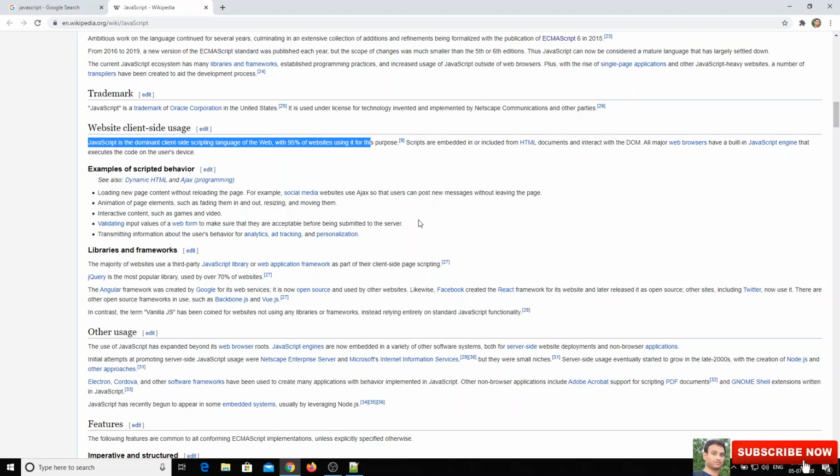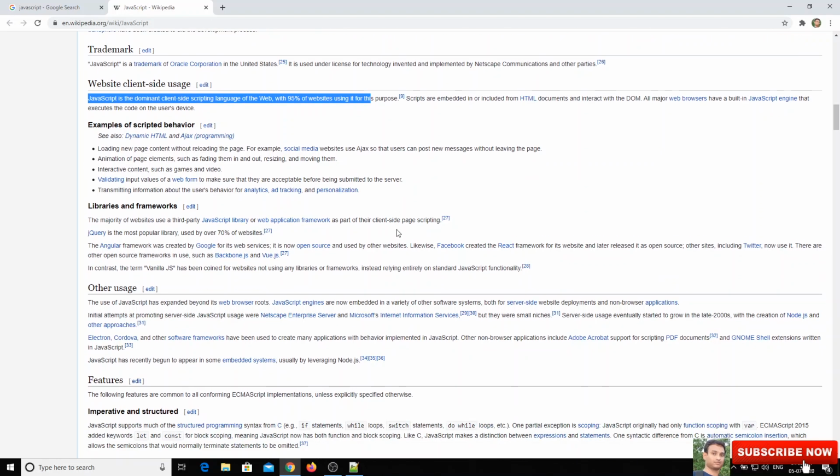Nowadays you will be able to see that using JavaScript we can develop mobile applications also. They are called hybrid applications, using something like Ionic Framework and React Native. JavaScript is also the base for all the frameworks, such as Angular, Vue.js and React.js, which are developed based on the JavaScript language only. So JavaScript is the basic foundation for all these types of frameworks.